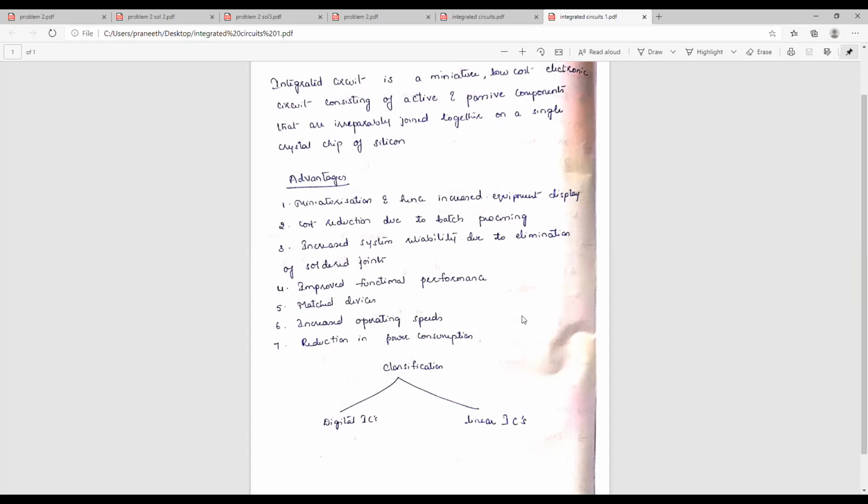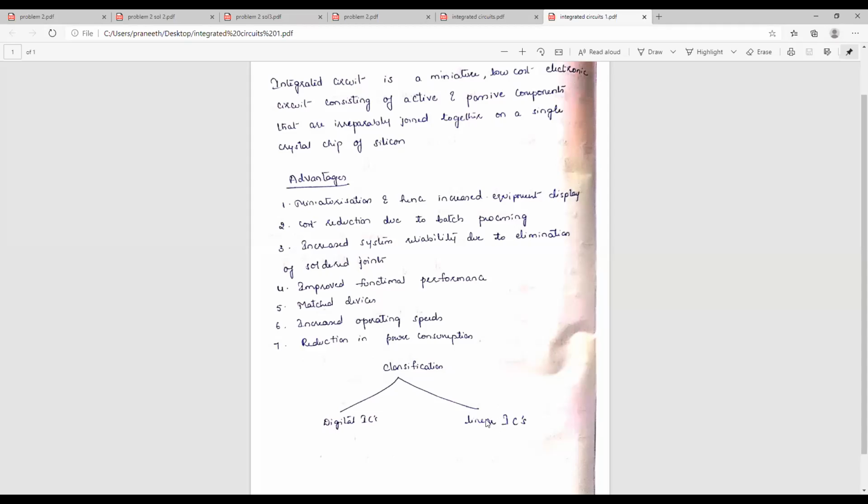I don't remember what that is specifically, but I think you have already done that experiment. So 565 acts only as a PLL. It can't perform the other operations. So the ICs which perform specific operations are special purpose ICs, and the ICs which perform different operations, all the operations, are general purpose ICs.